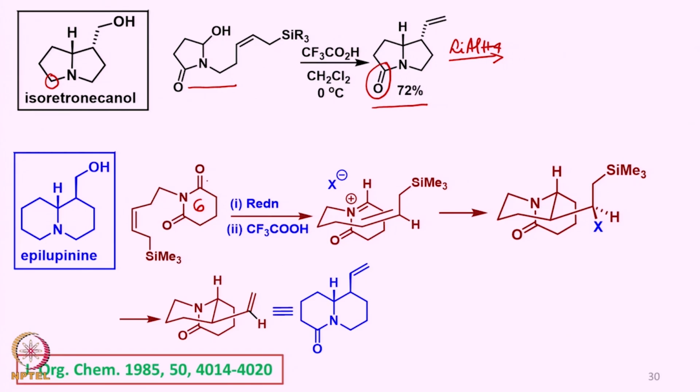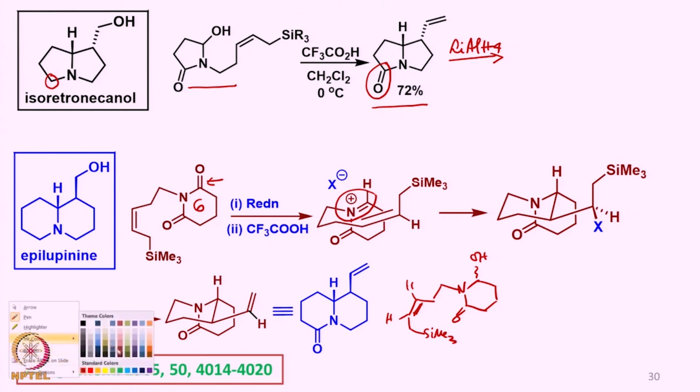So if this undergoes a reduction, then of course you can generate the corresponding alcohol, and that alcohol undergoes transformation here, this is what is going to form, and then this will interact with the trifluoroacetic acid and form the corresponding ammonium ion like this, which undergoes cyclization